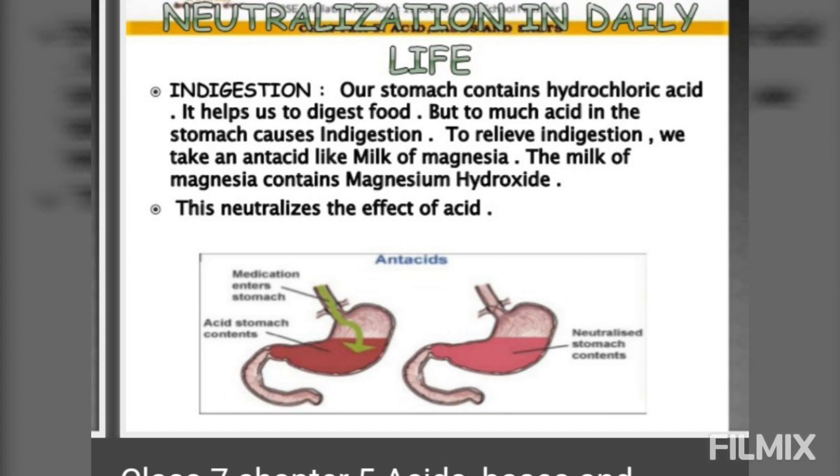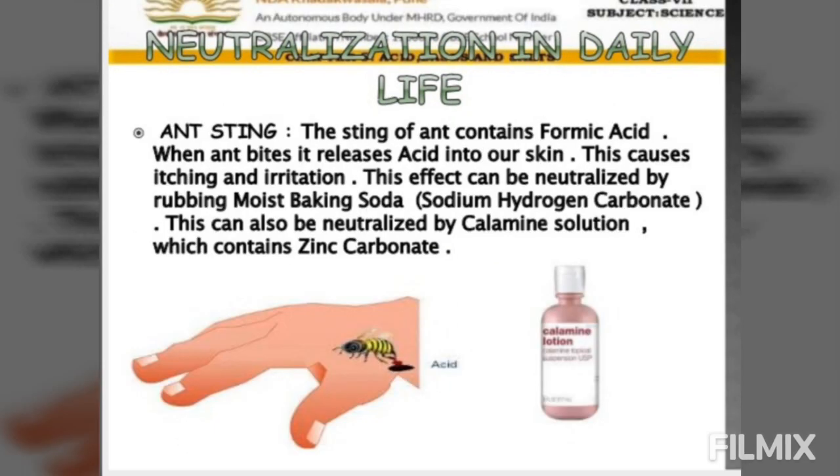The elders in that situation advise you to take a tablet of milk of magnesia, which is an antacid. Antacid is a medicine that neutralizes the acid formed in the stomach, which neutralizes its effect, and we are not having this feeling of burning sensation. It contains magnesium hydroxide, Mg(OH)2. It thus neutralizes the excess of hydrochloric acid formed in our stomach. So this was an application of neutralization reaction in our daily life.